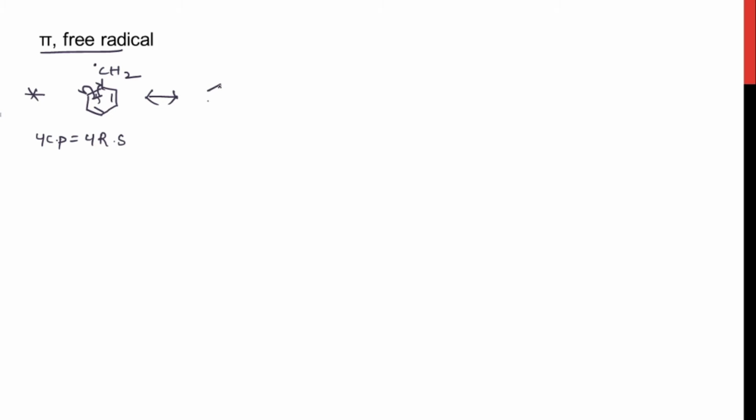So when a resonating structure is forming, the ortho carbon will gain a radical. Yes, and there would be a new pi bond with the benzyl group, and in the next resonating structure, this particular pi bond is breaking homolytically. This is breaking homolytically, and this particular carbon is getting the radical. Now this radical and this radical form a pi bond, and the para carbon is gaining a radical here, and these are the pi bonds.